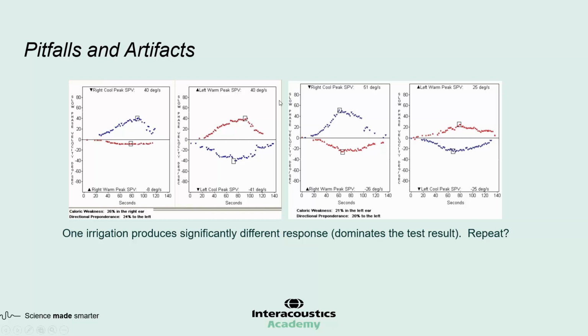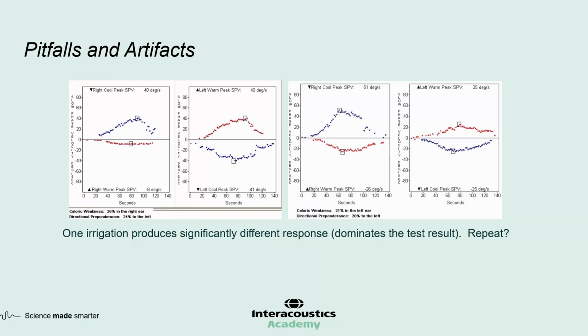On occasion, one irrigation is substantially larger than the rest, and that typically is the first irrigation, especially if you're using cool irrigation, warm irrigation. The first warm irrigation can be substantially stronger than the rest of them. So in that case, again, there's one irrigation that doesn't look like the rest. In this case, the right cool irrigation is much higher,